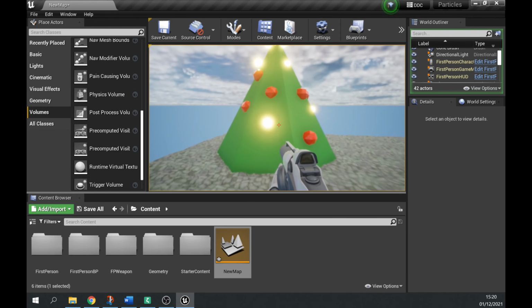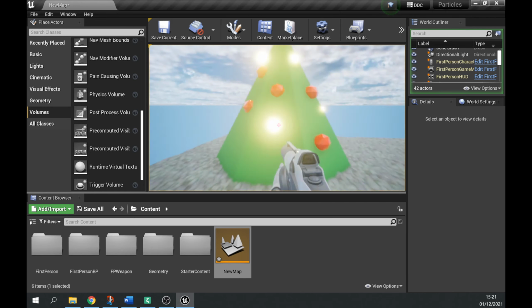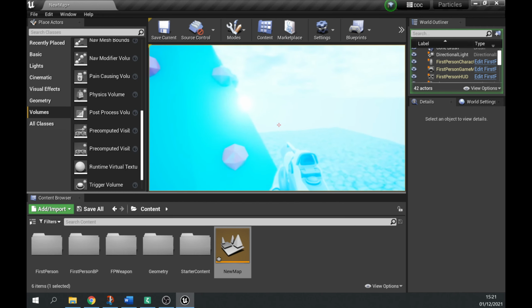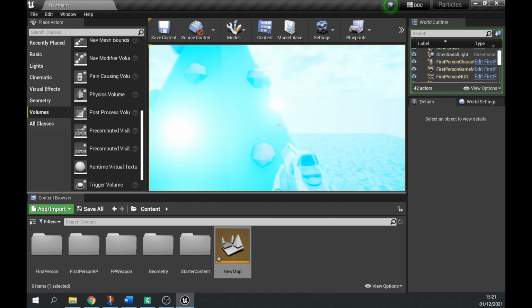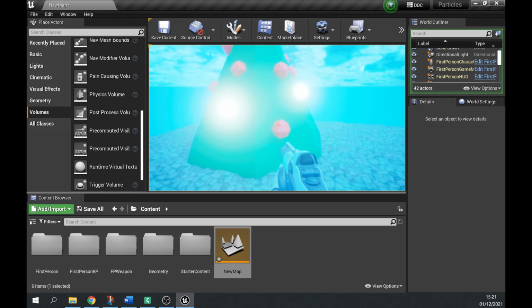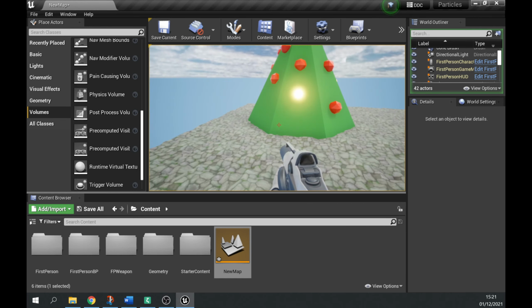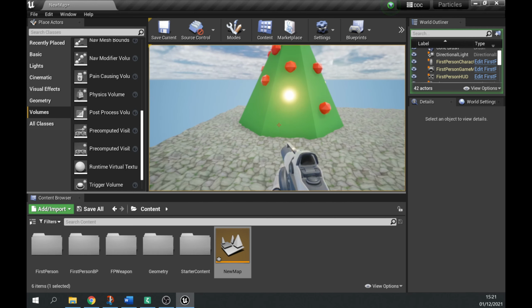Okay, does that make sense what's going on there? The bloom is kind of messing with the color. This sort of volume is what's used in video games when you go underwater. They'll have a volume that adjusts the player camera perspective and things like that. Does that make sense? You'll have basically a volume for underwater anywhere where the player goes underwater. A pain-causing volume would just decrease player health. I don't know if it'll do anything at the minute because there's no